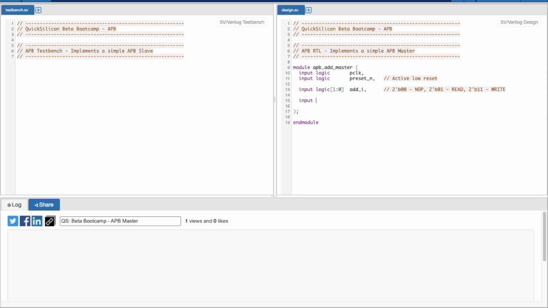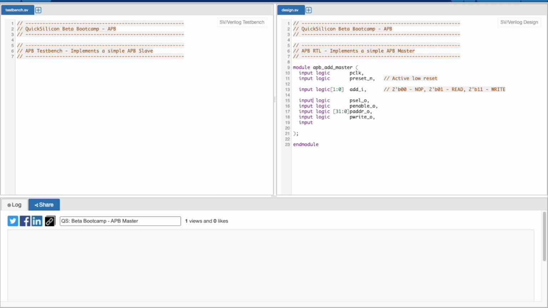And then we will have all the APB related signals, which are PSEL, PENABLE, your PADDR, PWRITE.